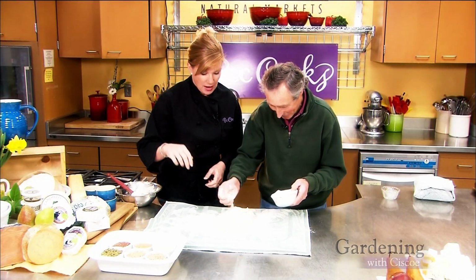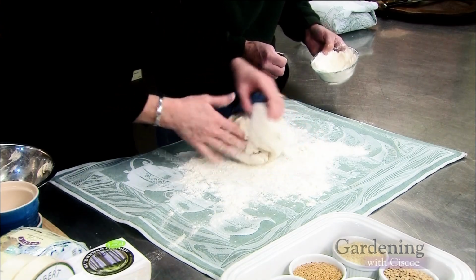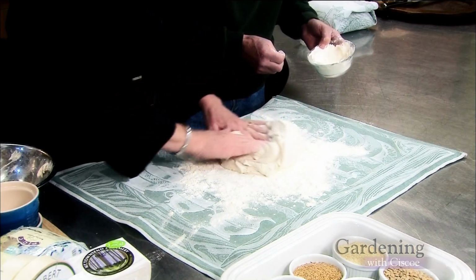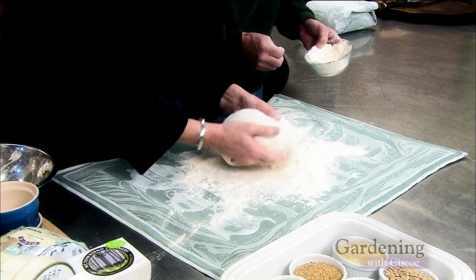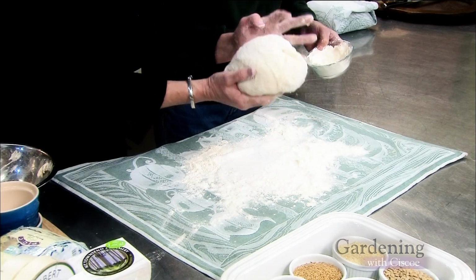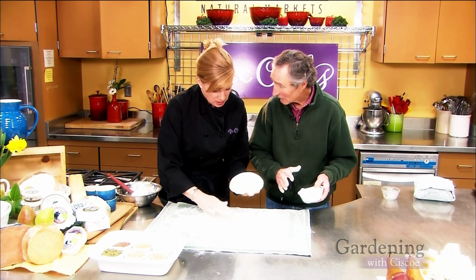Okay, and now what we're going to do is just a real quick little fold over, just to kind of form it up, about 4 or 5 times, just to kind of draw a little bit of that gluten together in there, and then we're going to form it into a pretty little ball. And probably got enough. And then you want to make sure you got a nice amount of flour here, because